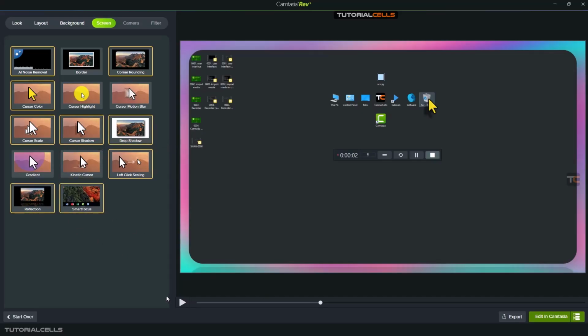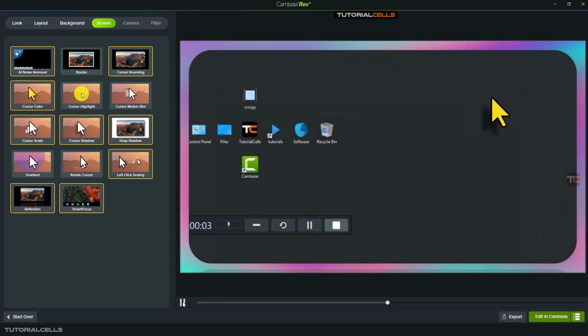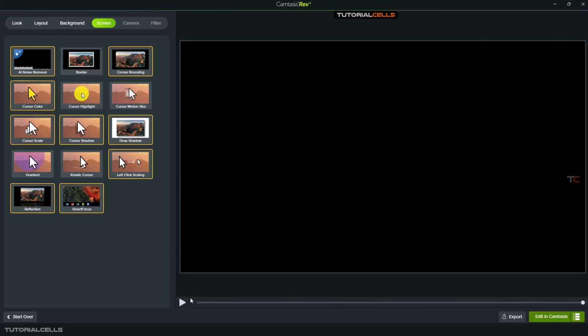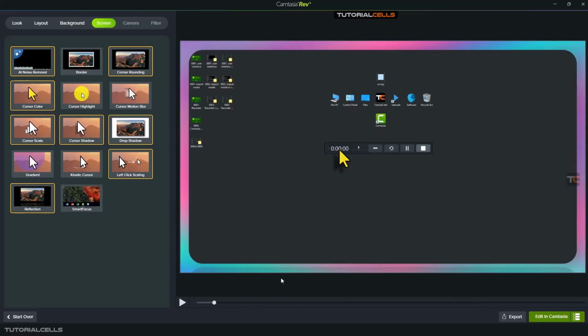We have a smart focus. You can see it automatically focuses on the position of your mouse, but I don't like it for now. You can change all of the settings and then directly export from Camtasia Rev. If you want to go more professional and edit in main Camtasia, you have two options here. Rev Media completely compacts all of these settings and you cannot access them in Camtasia, but I prefer unpack